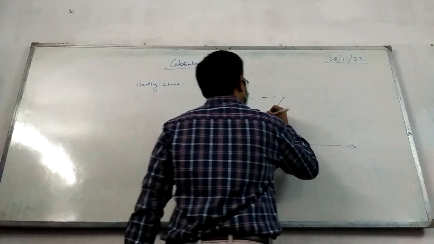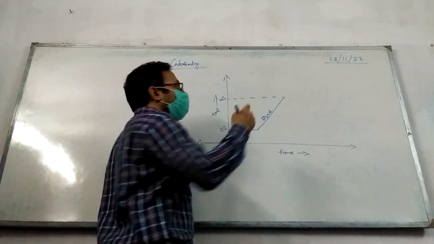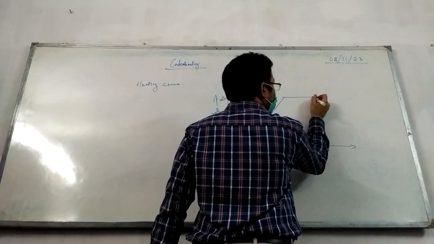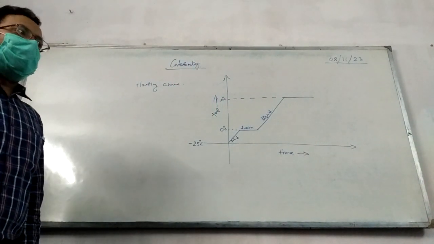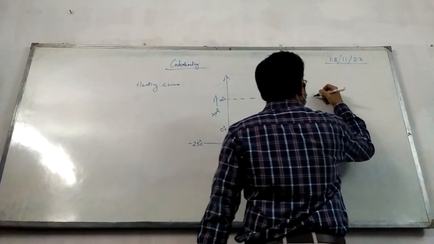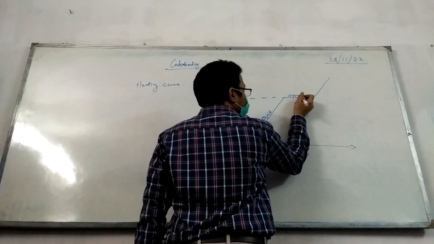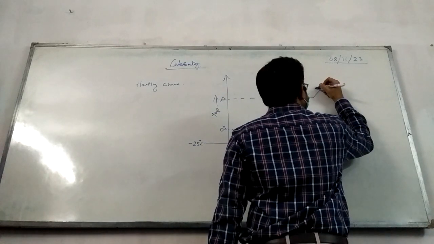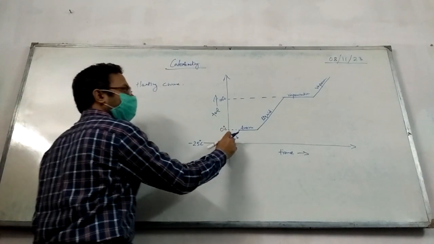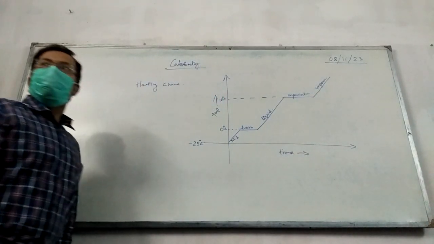Once it reaches 100 degrees Celsius, now it will start boiling. Right? This is liquid. Now it will start boiling. So when it starts boiling, again change of state. So the temperature will pause. Temperature will take a pause, and then when the whole water has boiled into steam, the temperature will again rise. So this is vaporization. Okay? And this is vapor. So first solid, then fusion, then liquid, then vaporization, and then vapor.